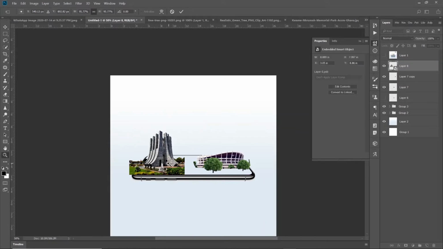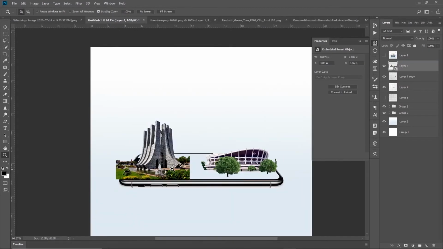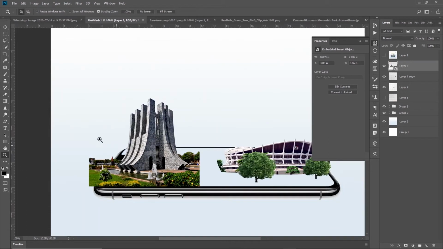So we have our second object in the background ready for us to edit. So right now I want to get rid of the extra parts, so I'll just draw